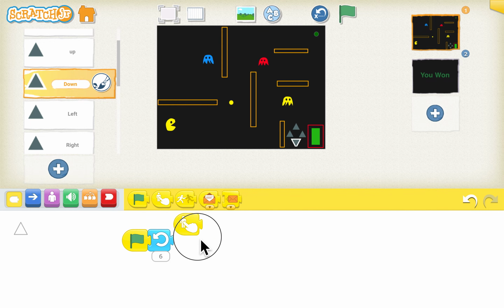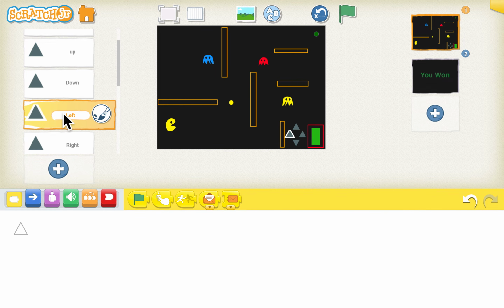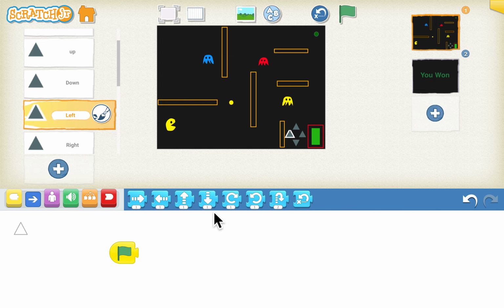Now when we touch the down arrow, we want it to send a message. So we will go to the message block and drag it and change the color code to yellow. Similarly, we'll go to the left block. First, on green flag clicked, we will rotate it.